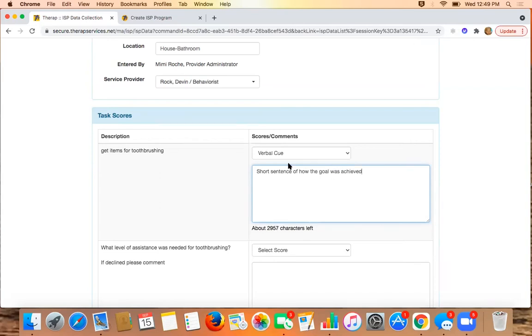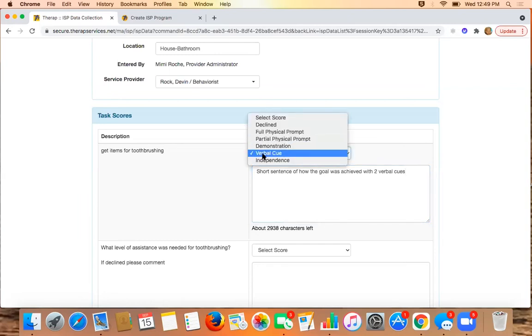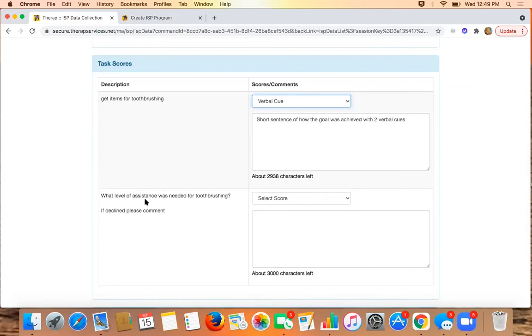Okay. We know that it was a verbal cue, but maybe it took two verbal cues. You can certainly make your scores here to include two verbal cues, three verbal prompts in your scoring method. Remember that. What level of assistance was needed for toothbrushing? So right here, I could say maybe this is where they declined. And now the guidance is, if declined, please comment. So I'm going to say,